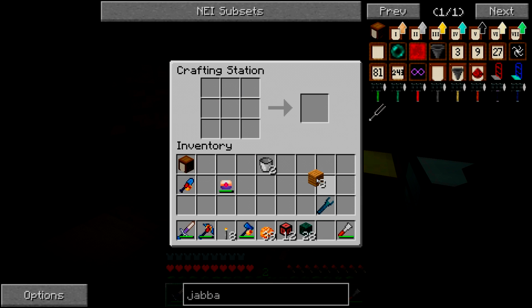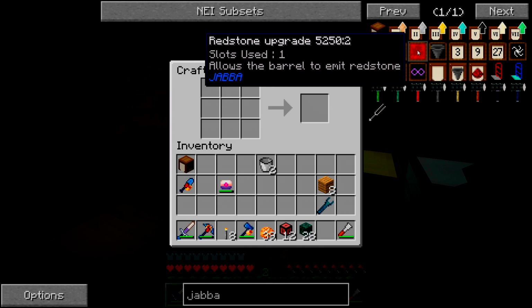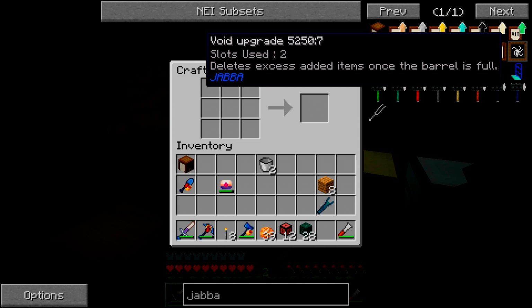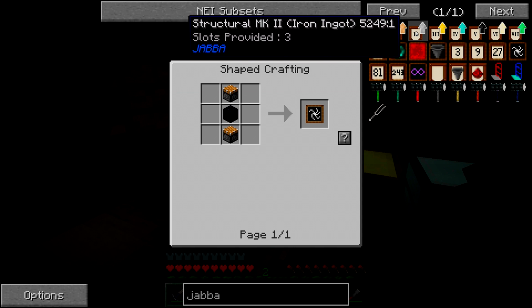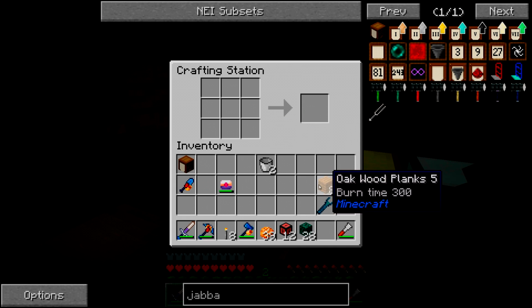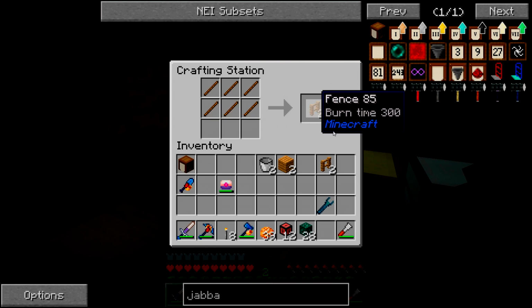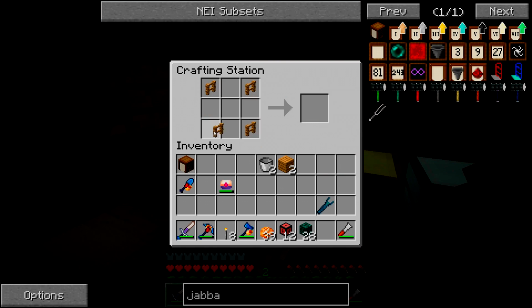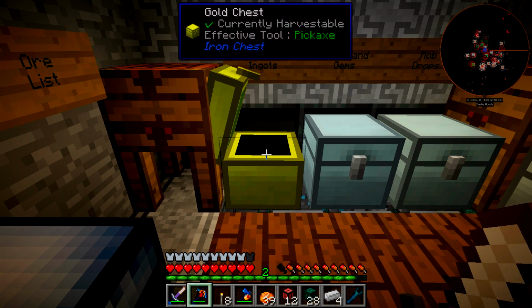So, let's look at this. All right, so we need just the standard storage upgrade. Okay. What is that? Oh, deletes excess added items. Ooh, we should just do that. That'll be easier. Okay. So let's go with some fences. All right. That's like the void jars from Thaumcraft. All right. 1, 2, 3, 4, and let's get some iron out. Oh, by the way, for those of you who want to know how to fix what I did there, just...